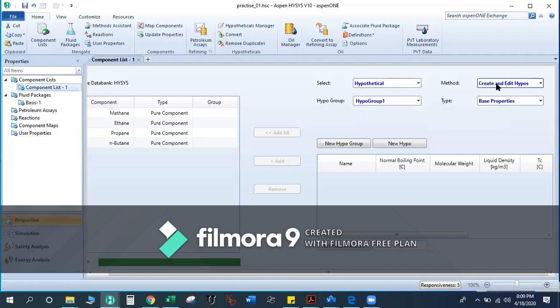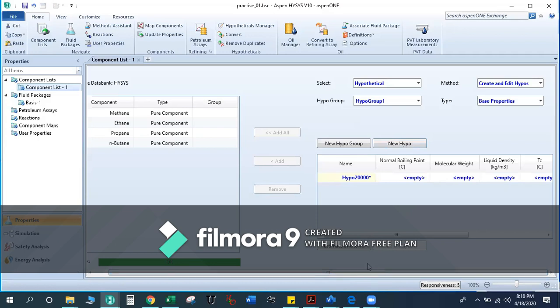First we will go through create and edit hypo, then create a batch of hypo, and we'll see what the difference between these two is. Let's say first I'm going to generate the pseudo component or hypo component by using create and edit hypos. Now click here, new hypo. You have generated the new hypo.